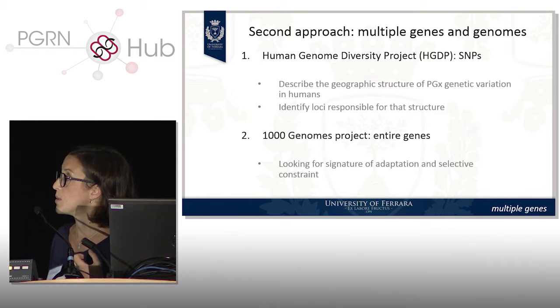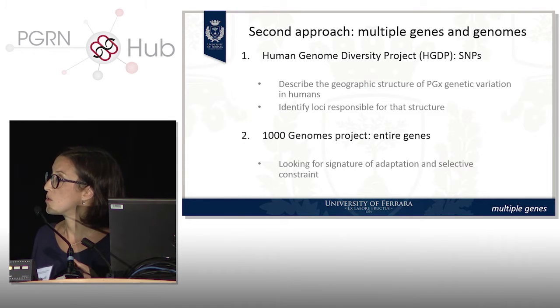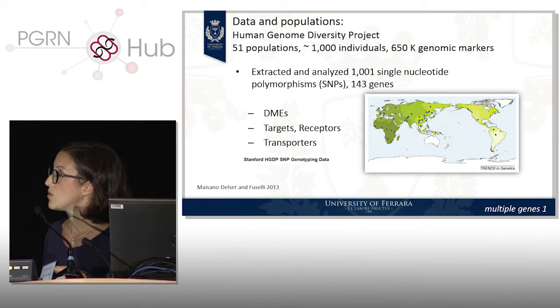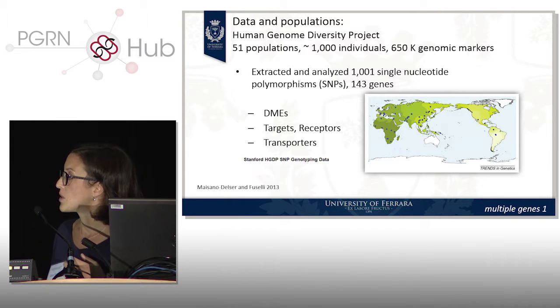So we know the SNPs that were selected before starting typing, and this means that in this kind of panels we lose all the rare variants. But this kind of data set is very useful, although to try to define if there is geographic structure within our sample set. Although it's maybe not so useful to investigate signatures of selection, and for that we will move to the 1000 Genomes Project. So here you see the first approach, which I will call multiple genes 1,